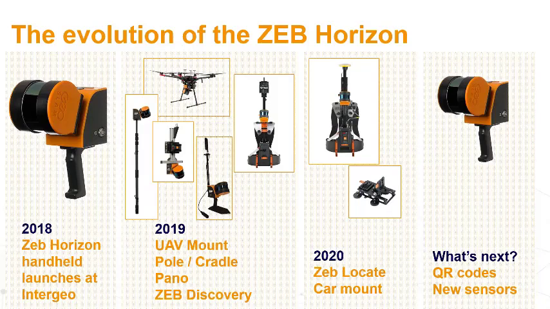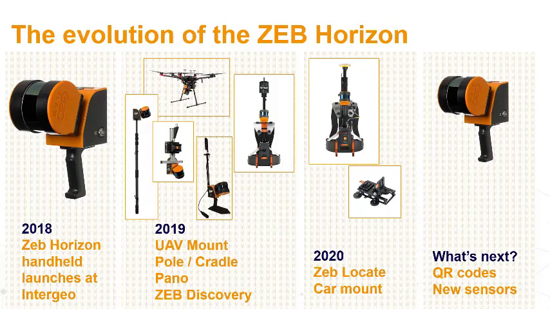The last development in this respect was the ZEP Discovery, which I will cover later on. So that's a combination of the ZEP Horizon with the precise NC Tech panoramic camera. Last but not least, something I will talk about at the end of this presentation is development in terms of adding GNSS equipment and also a car mount. What comes next, that's what we see.